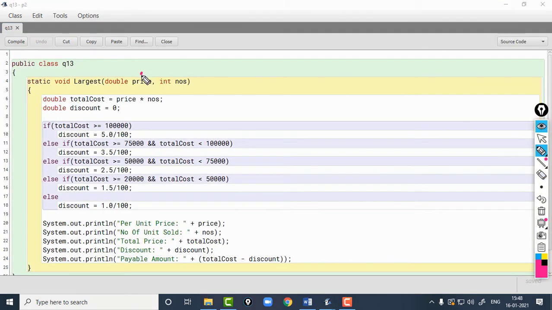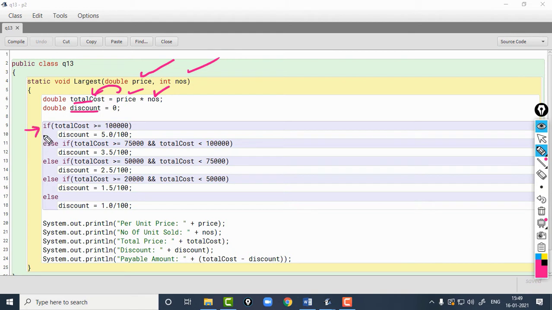So I've taken the price and number of units sold. Then I calculated the total cost, which will be number of units sold into price. That is stored in total cost, and then I've initialized a variable discount.